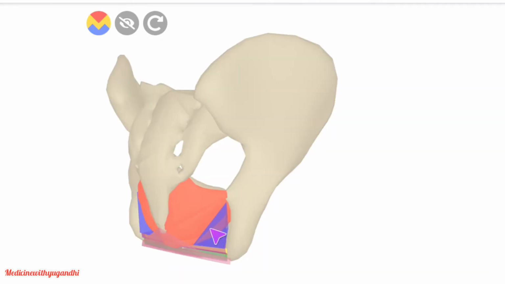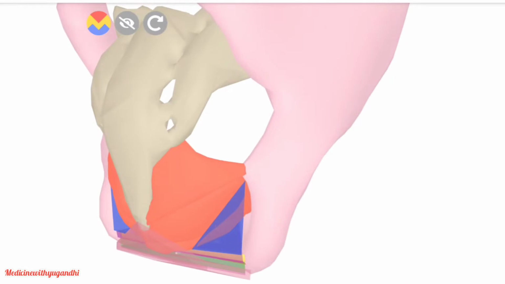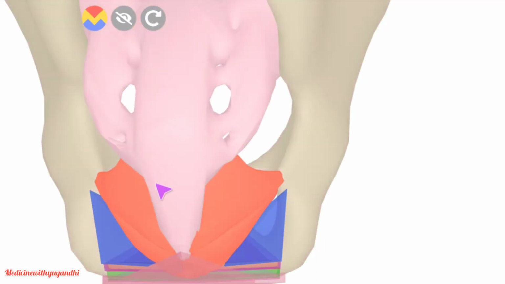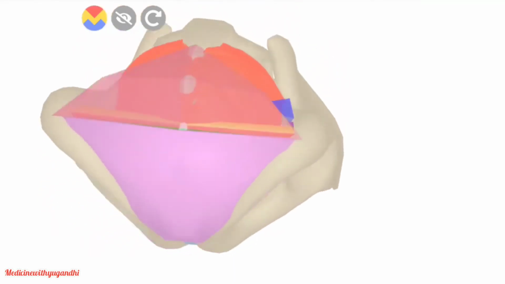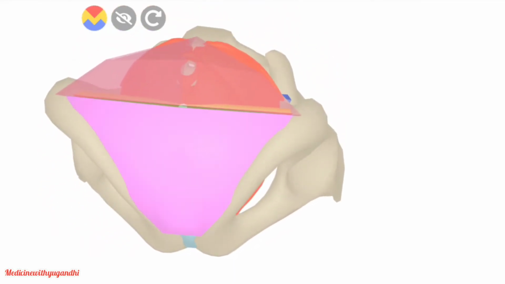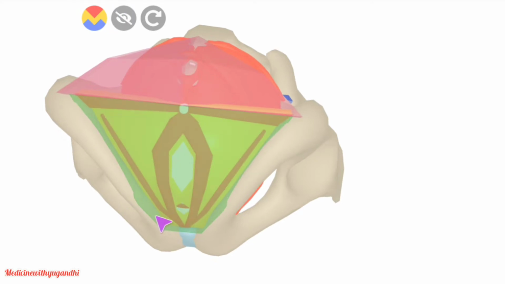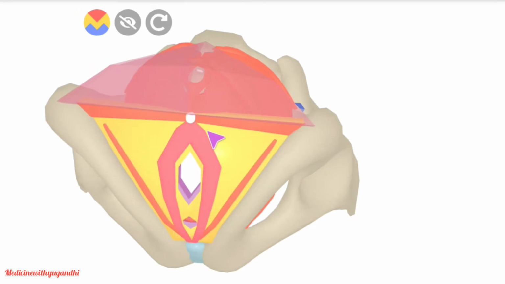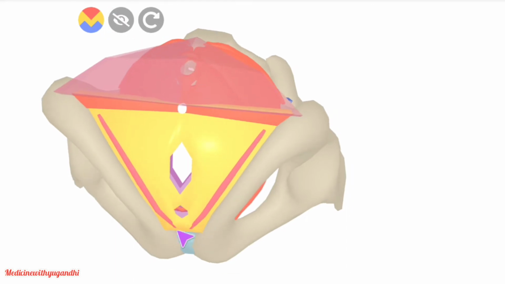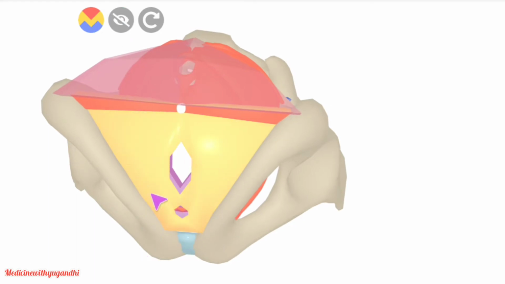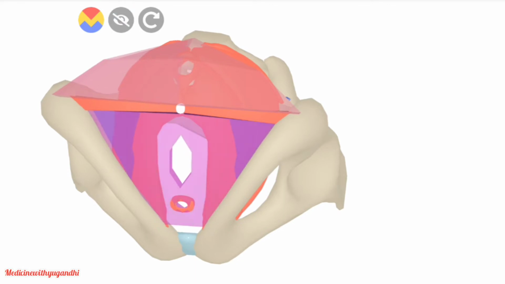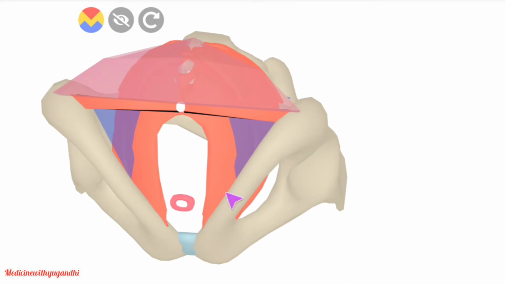And then here you could notice the ischial fossa. Then this is the hip bone, and here you could notice the sacrum. Here you could notice the Colles fascia, and below that it is the superficial perineal pouch. Then you can notice the bulbospongiosus muscle, and here the ischiocavernosus muscle, and below that you can find the perineal membrane, and below that the deep perineal pouch, and this is the external urethral